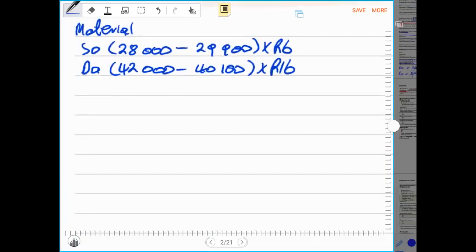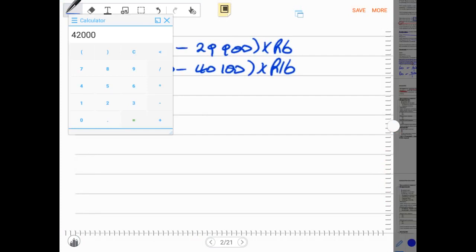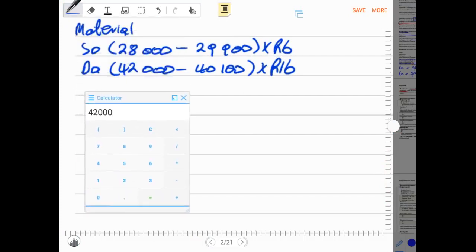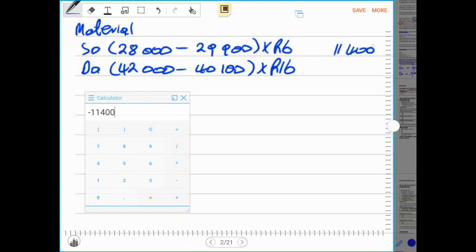Therefore, now we can calculate our material mix variance. Always use the same method whenever you are dealing with a mix of material. It will only be applicable if there are 2 types of material. If there's 1 type of material, don't ever calculate material mix because there's no mix. Times this by 6, it gives us 11,400 as adverse variance. 11,400, and this variance is adverse,